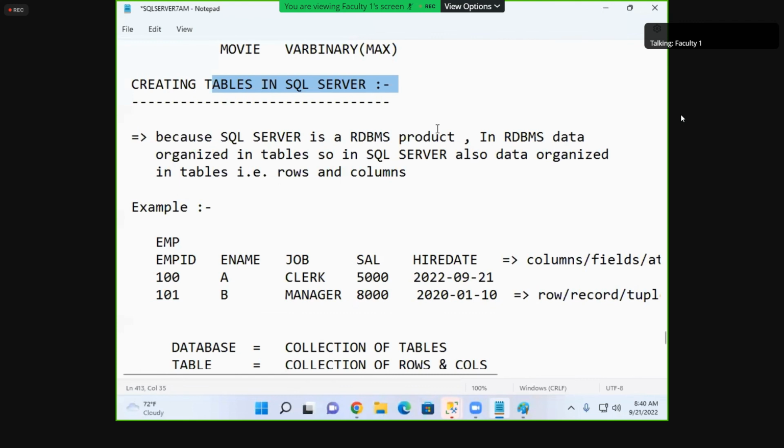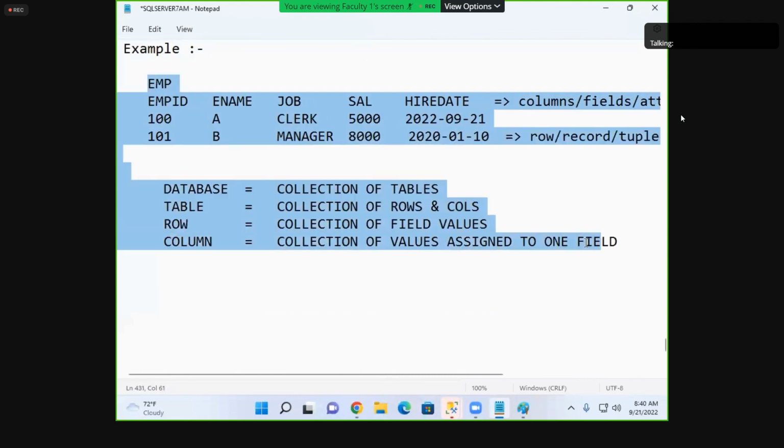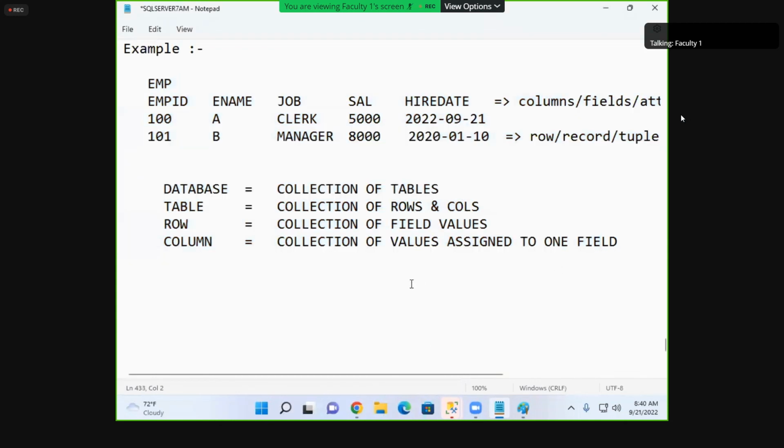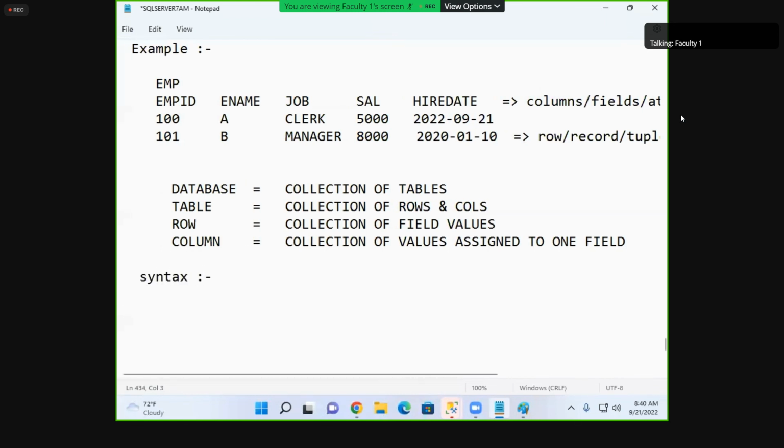First of all, I have shown what a table is. This is called a table. And what is the syntax for creating the table? In SQL Server, what is the syntax for creating a table? This is the syntax. Create table,